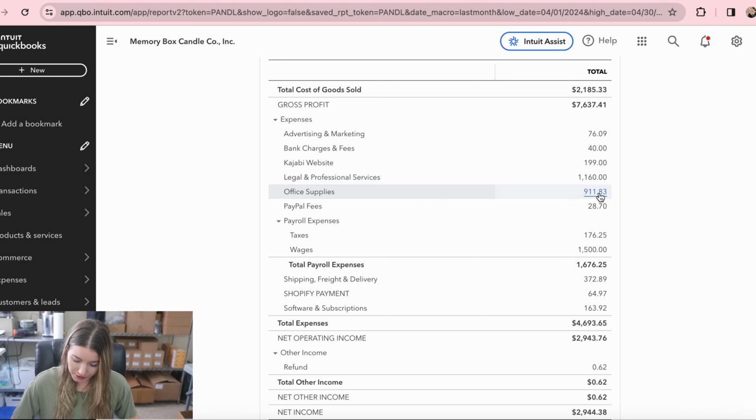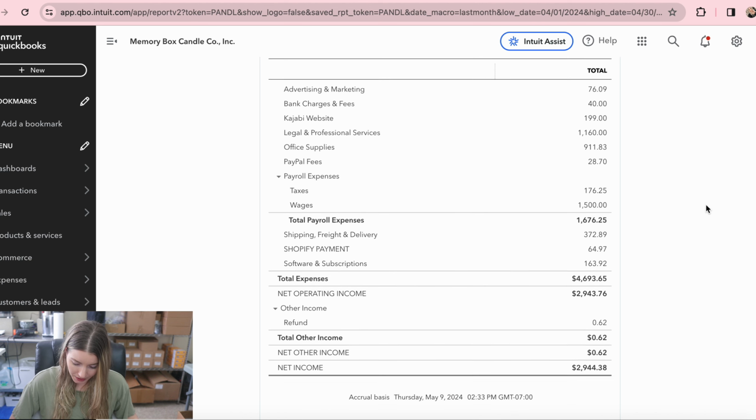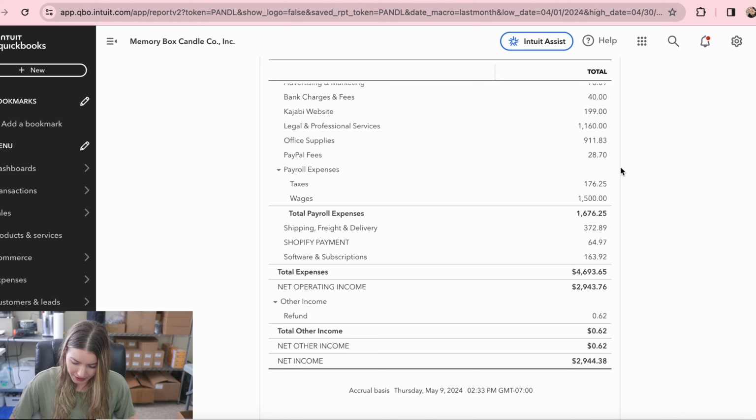And then office supplies, $911.83. Just basic office supplies that you see, tape and printer paper and all that kind of stuff that we need to keep things going. And then I think I also put shipping boxes in office supplies as well. Shipping boxes, packing materials, packing supplies. PayPal fees,